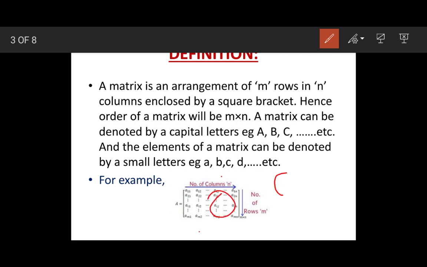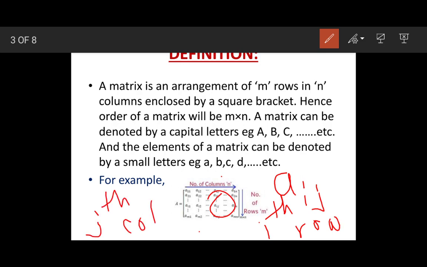Now suppose the number is aij. Aij means this a is placed in the ith row and jth column. The position of aij is in the ith row and jth column.